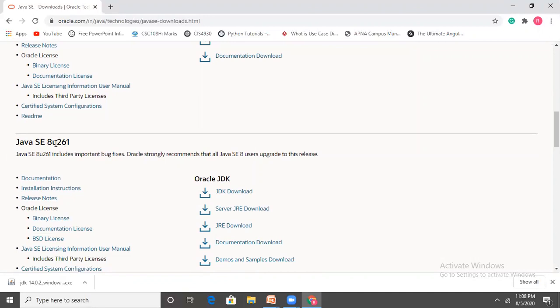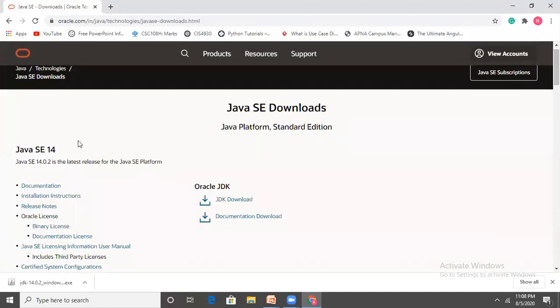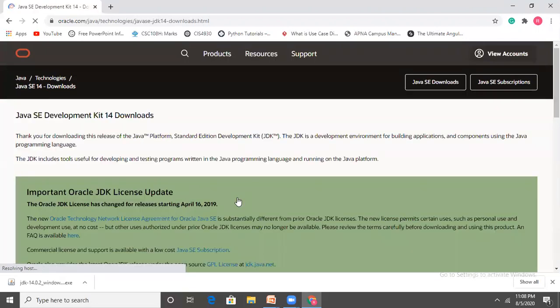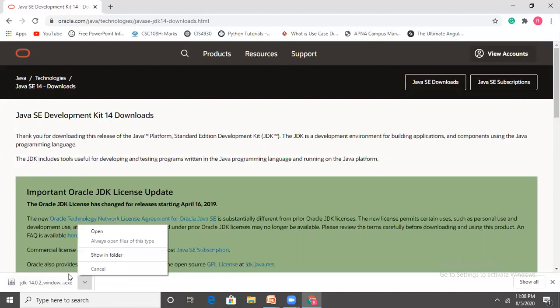This U means update number. I'm going with the latest version. Simply click on JDK download, and an installer starts downloading on your machine. I already downloaded it, so I will stop it.